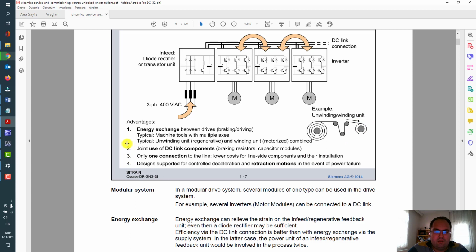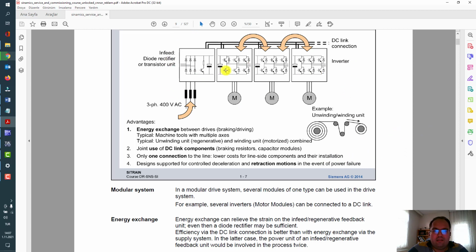So joint use of DC-link components is possible: braking resistors with DC chopper units or capacitor modules for kinetic energy buffering on the DC-link, whatever. Another thing is one connection to the line, with lower cost for line side components and their installation.